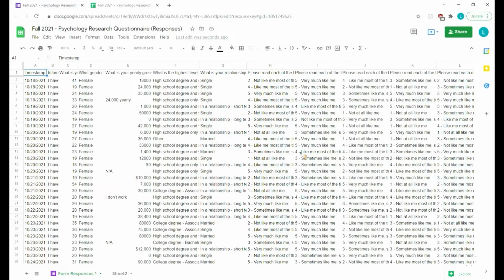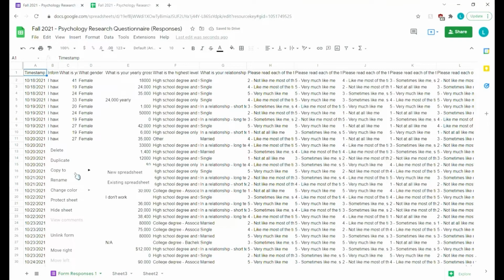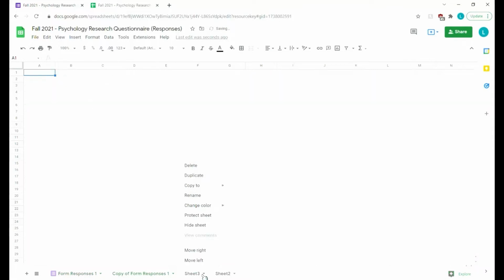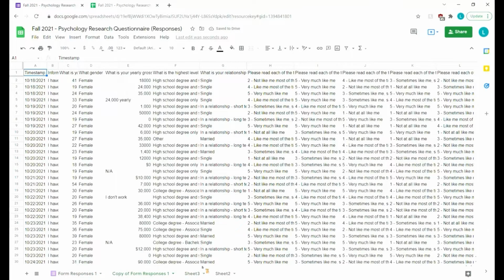Okay, so now I'm going to do some simple manipulation of data. First of all, I like to create a whole duplicate of it, just in case you want extra sheets for